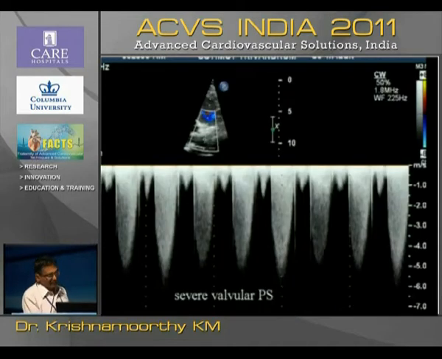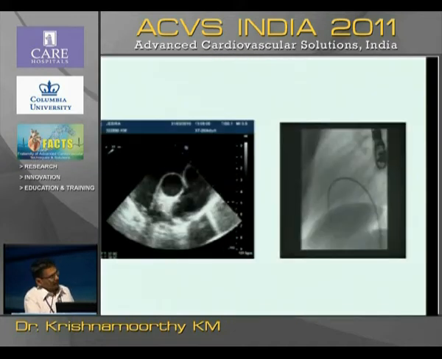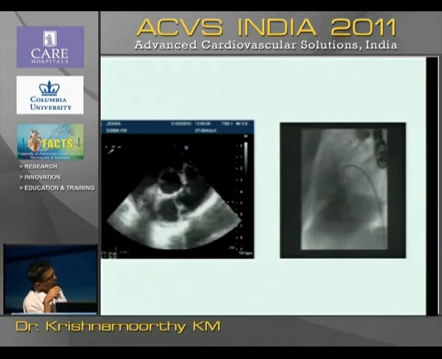She also had a severe valvular pulmonic stenosis, with velocity of up to 6 meters per second. We decided to dilate both the valve and close the defect, and put in a TE probe. This was the TE picture. Very good, adequate rims both in the horizontal and the vertical sections. Because the probe was there, we took an image of the pulmonary valve, which is doming.